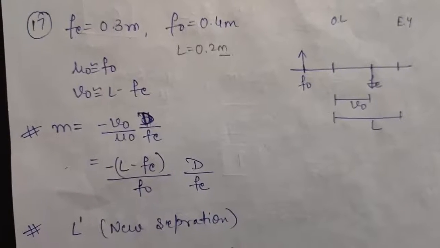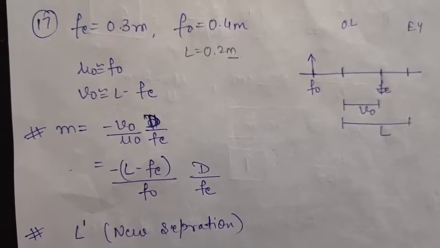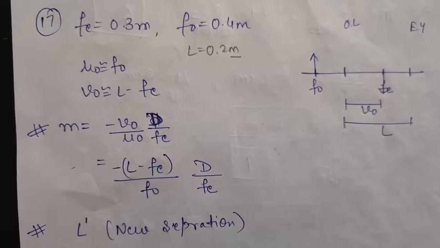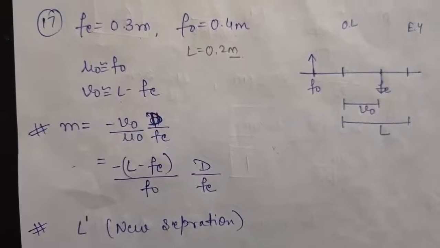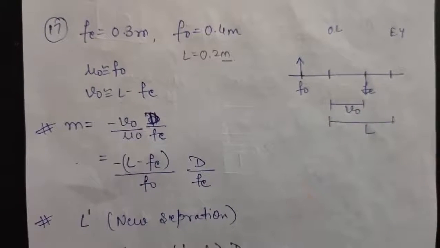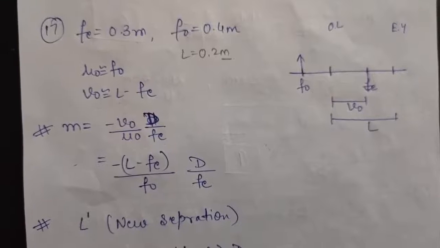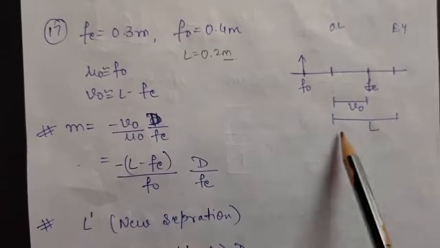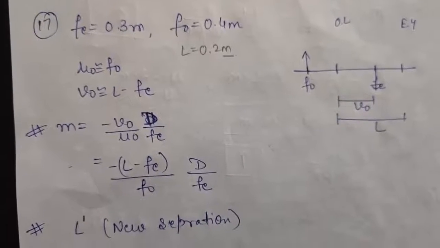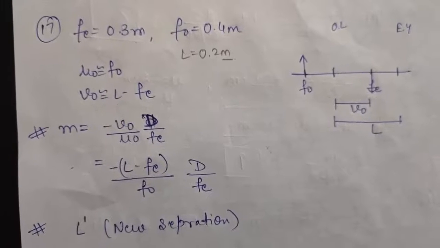So further the question says the eyepiece and the objective are to be interchanged such that the angular magnification of the instrument remains same. What will be the new separation between the lens? So we have to interchange these two lenses such that the initial magnification as well as final magnification remains same. So you have to calculate the new separation between them. Okay. So first of all, we will consider this case to be normal setting. That is, we will be considering that the final image is formed at infinity.